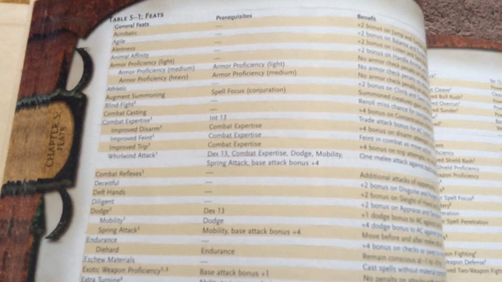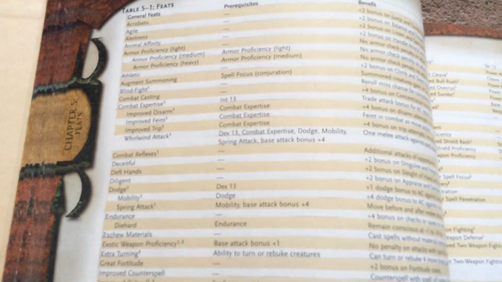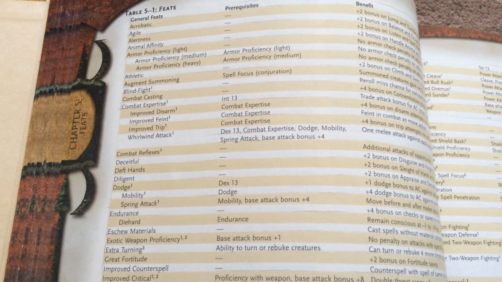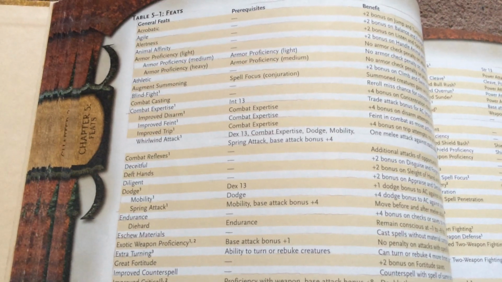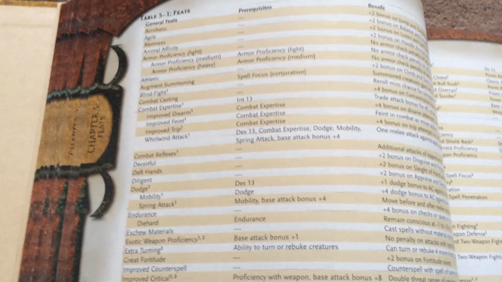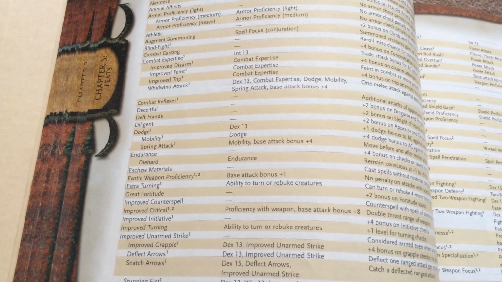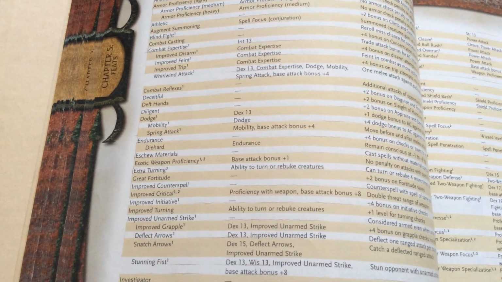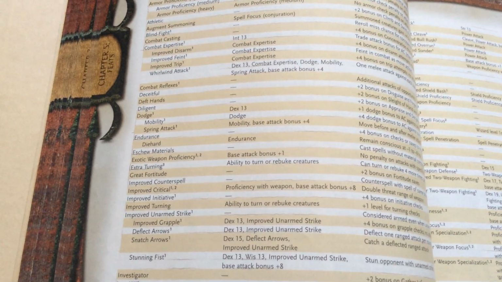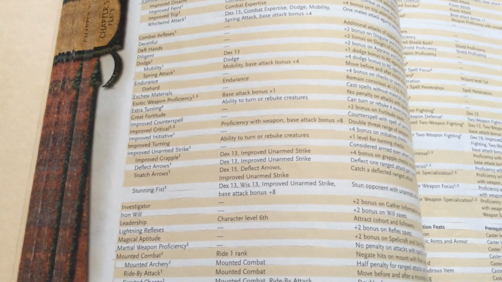There's acrobatic, agile, alertness, animal affinity, armor proficiency light, armor proficiency medium, armor proficiency heavy. You couldn't just put on a suit of armor and wear it. You had to be proficient in wearing that armor. Athletic, augment summoning, blind fight, combat casting, combat expertise, improved disarm, improved feint, improved trip, whirlwind attack, combat reflexes, deceitful,